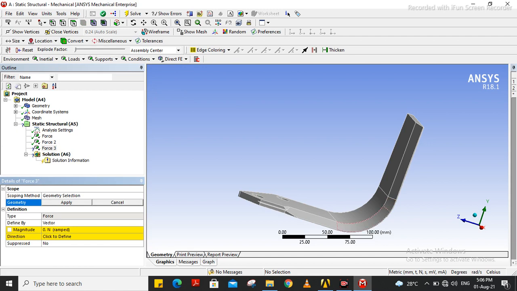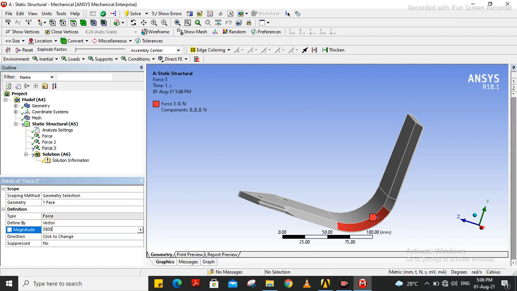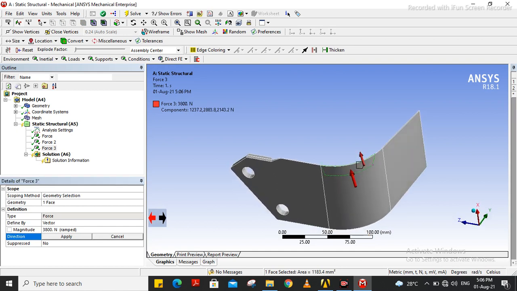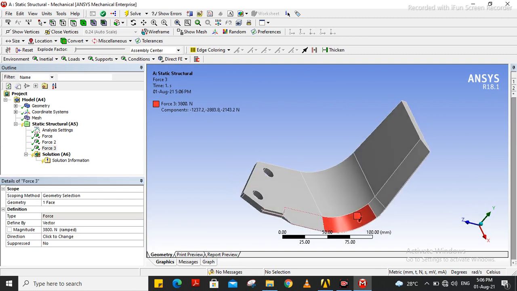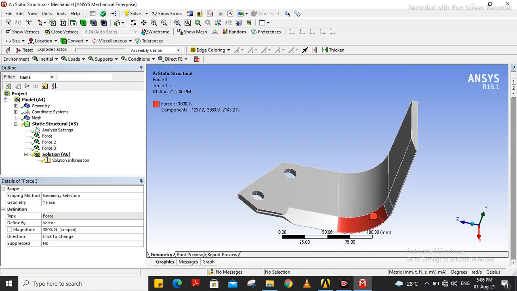So again the force here is applied tangentially, having the same magnitude, and here the direction needs to be changed. From here we can apply like this. Okay, the tangential is applied over here.